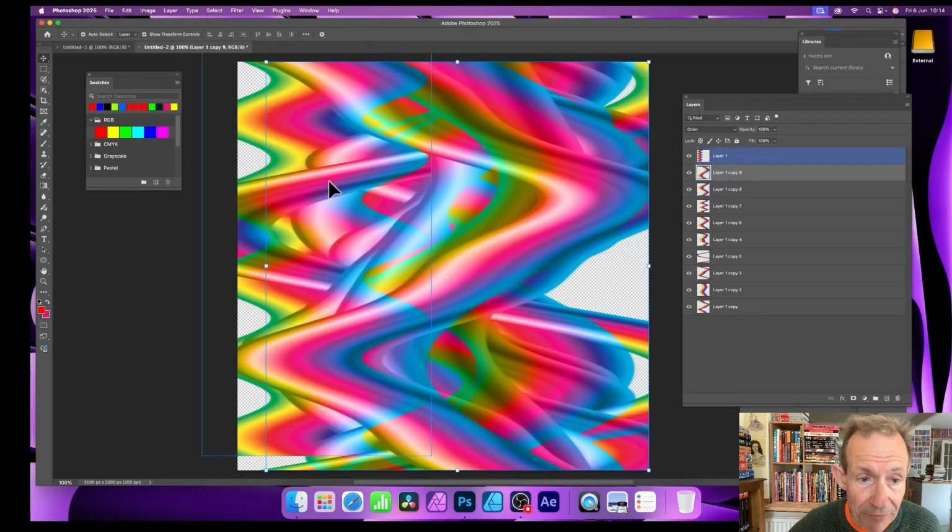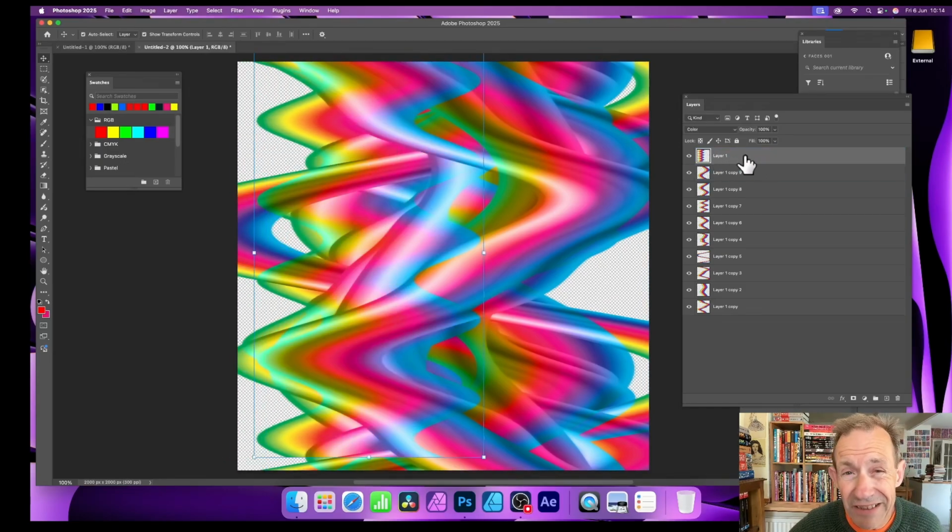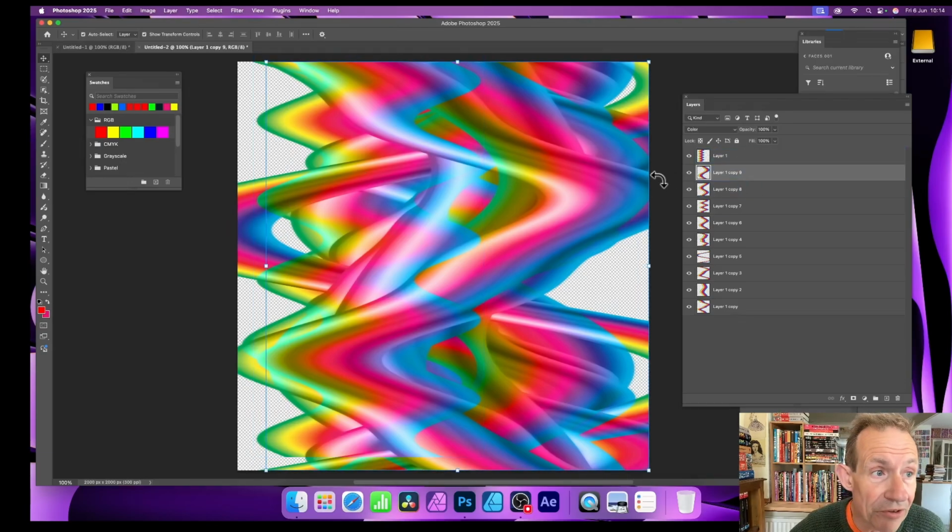Now, sometimes, and quite easily done, when you're doing this, you'll select it and it goes back to the top layer. Very frustrating feature. Even though you select this layer, I want to use this one, it doesn't allow you to use it. It just jumps back to this other one because you select it again accidentally.